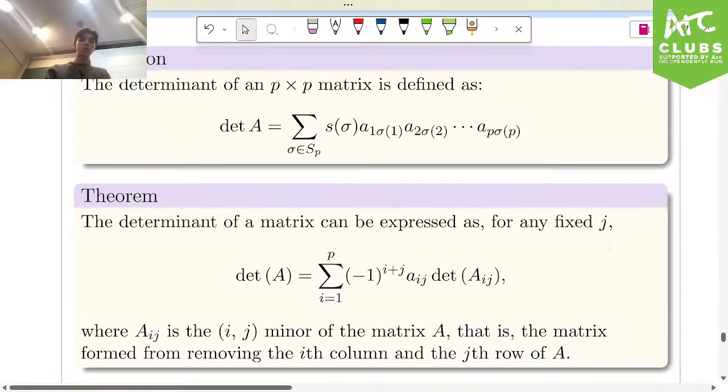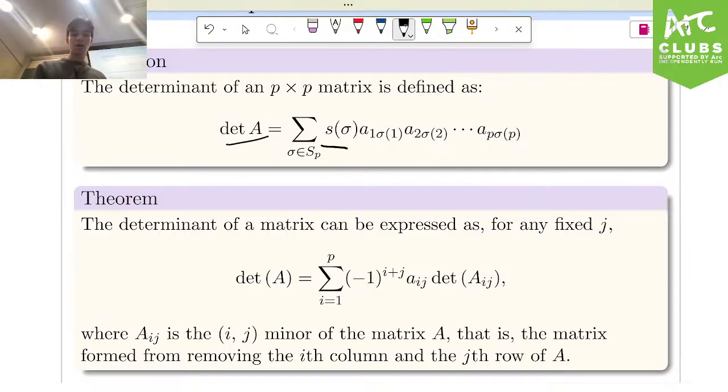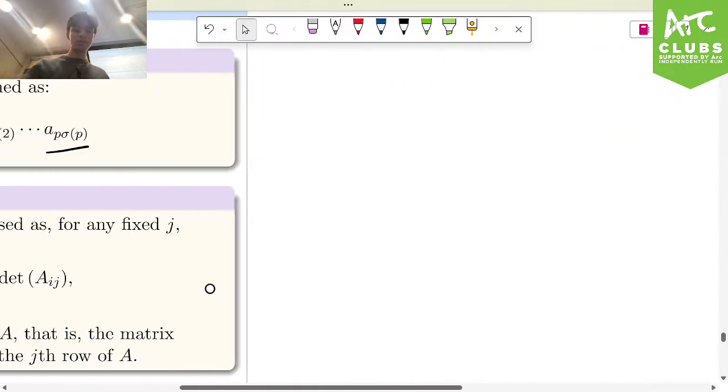Now we can use this new definition of the sign of a permutation to define the determinant, right? The determinant is the sum across every permutation of p elements, given that the matrix is a p by p matrix, of the sign of the permutation multiplied by the product of the elements of the column corresponding to that permutation. So